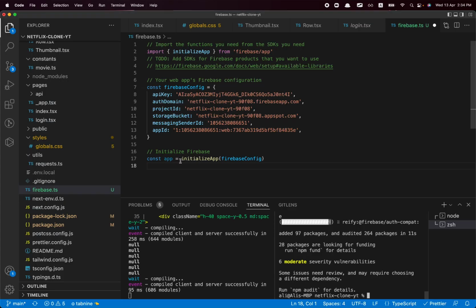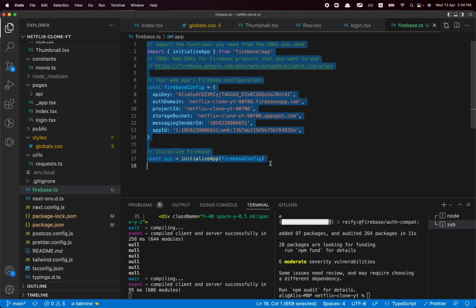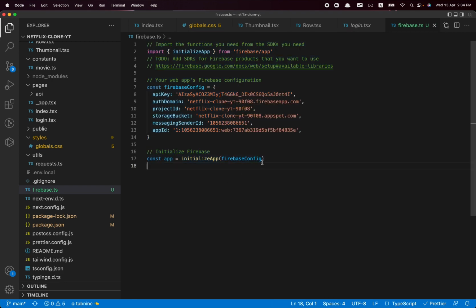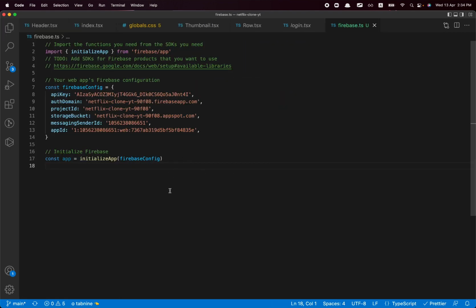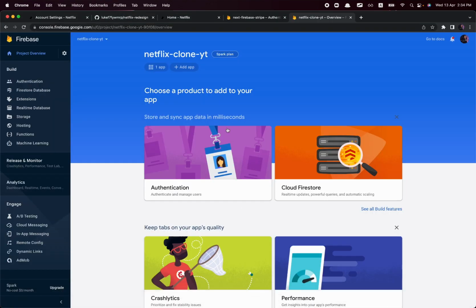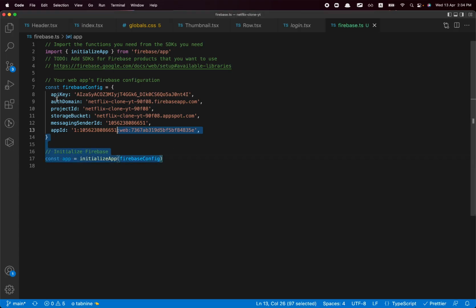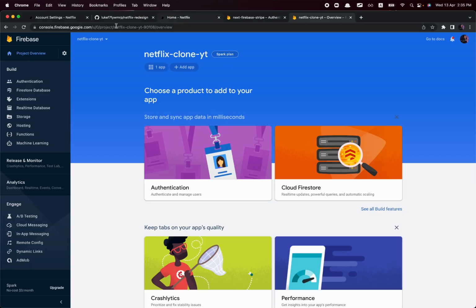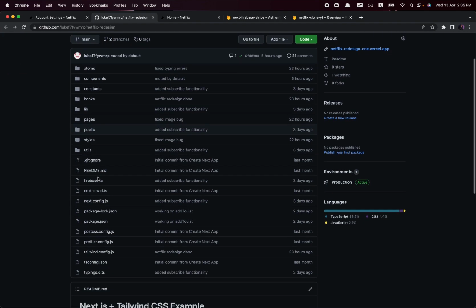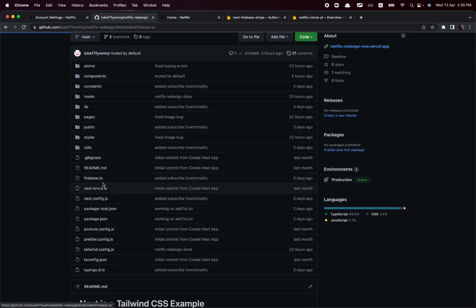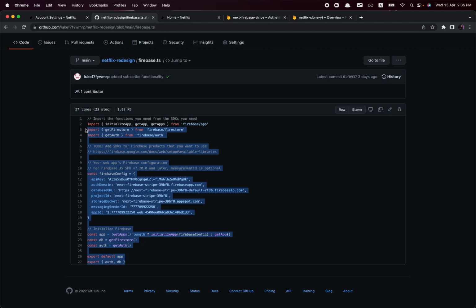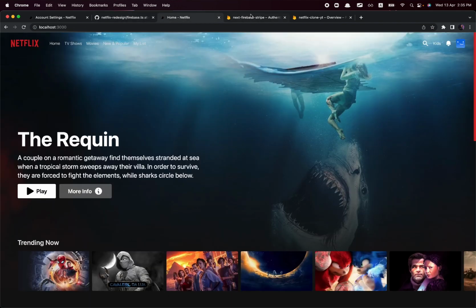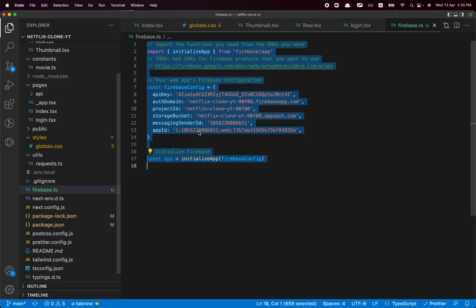Now, once we install this and once you have this Firebase.TypeScript file, because we are using Next.js, we have to protect ourselves. We have to protect this file in a way that if the app is already initialized, we don't want to reinitialize the app, because we only want to have one instance of our application. So the correct way we do that is, in the finished build, you'll see that I have this Firebase.TypeScript. All we want to do is copy this one and go back to our app and just change this